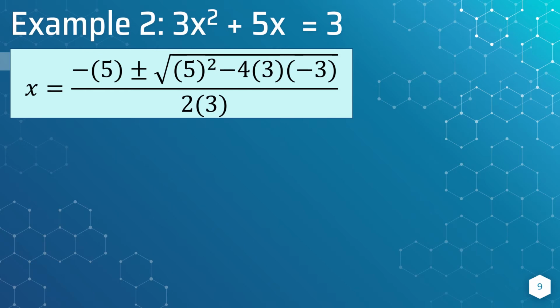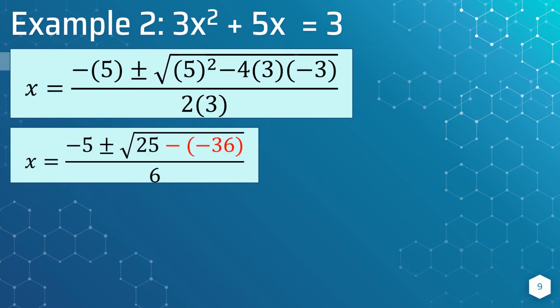We have to simplify our equation. x equals -5 plus minus square root of 5 squared minus 4 times 3 times -3, all over 2 times 3. Let us start with -5. -5 plus minus 5 squared, and that is 25 minus, please take note of this, 4 times 3 is 12, times -3, that is -36, all over 2